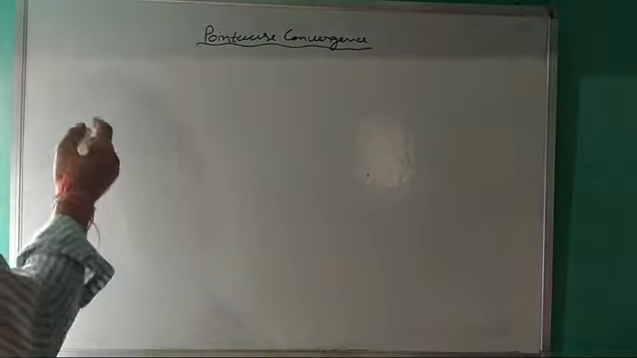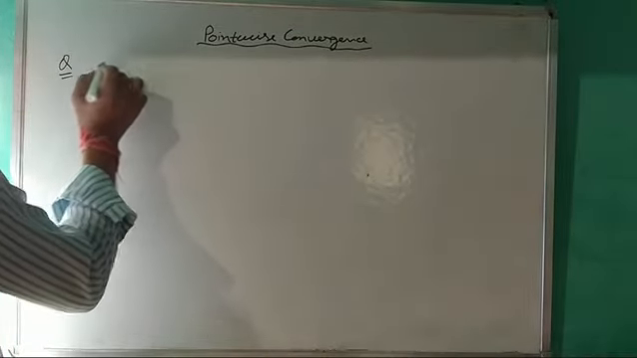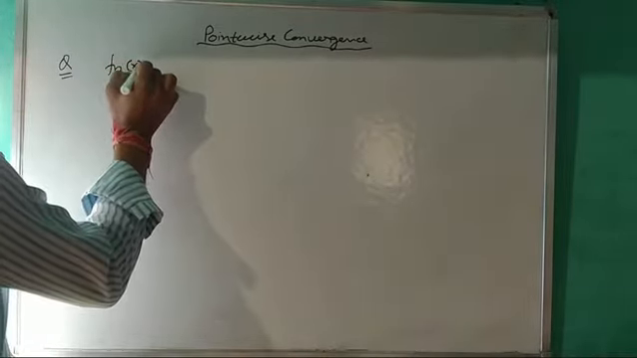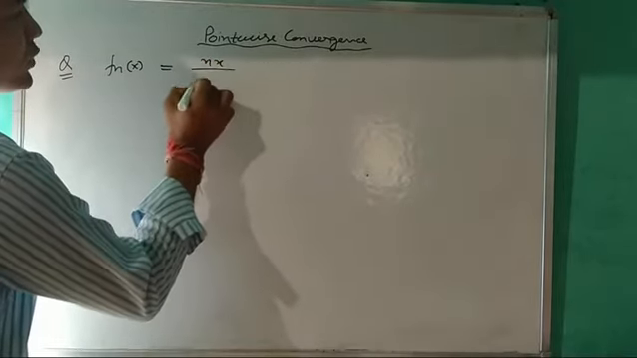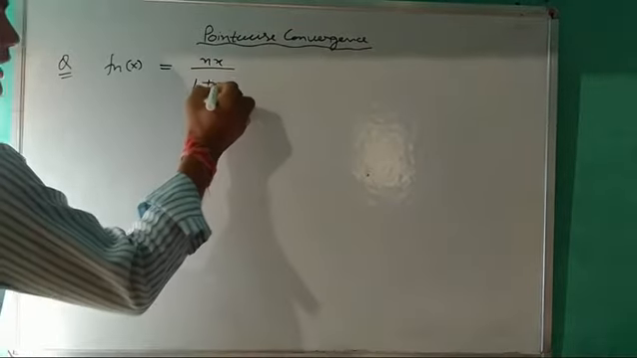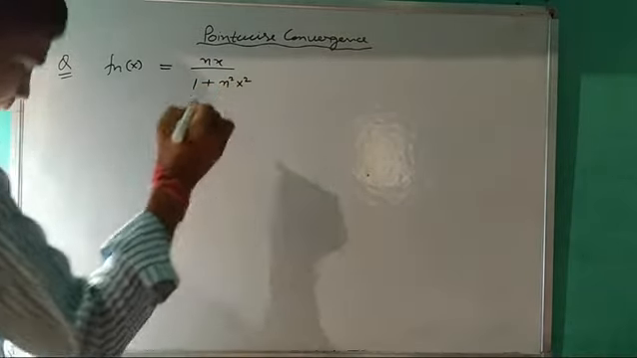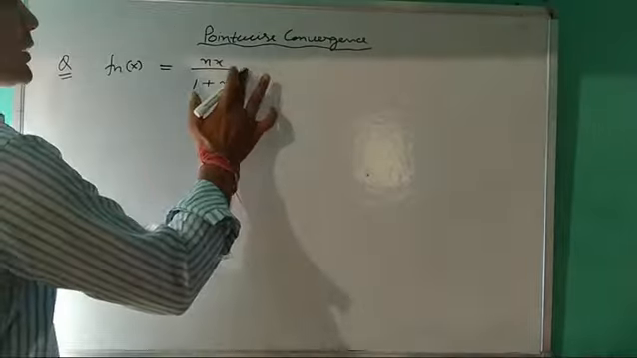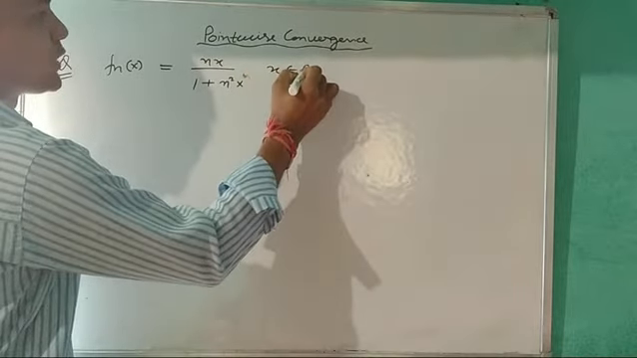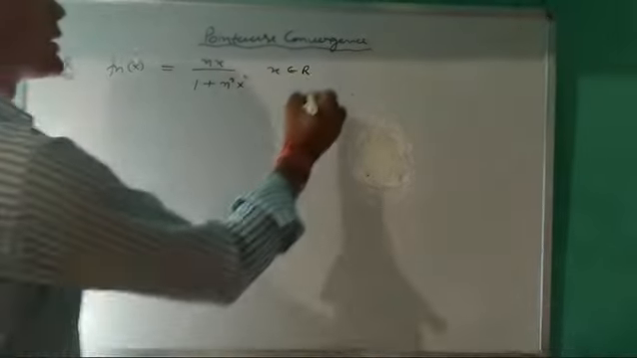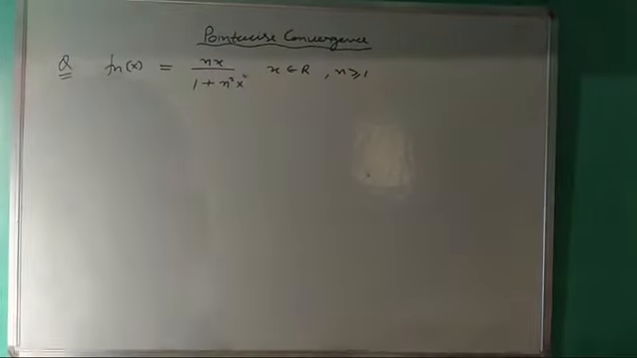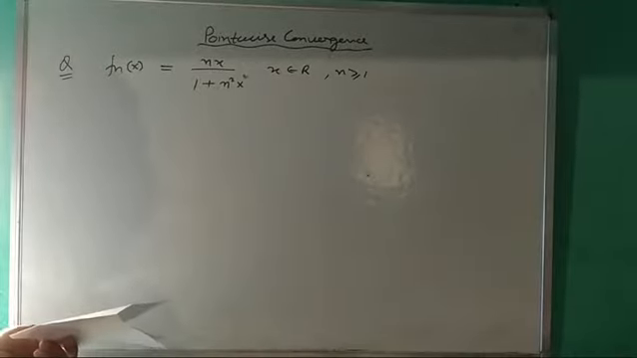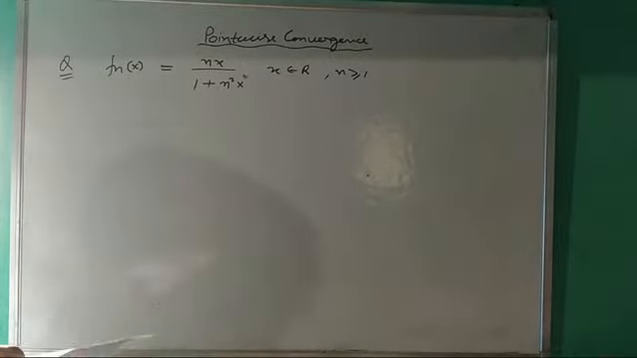For example, the question is f_n(x) equal to nx upon 1 plus n square x square, where x belongs to the real numbers and n is greater than or equal to 1. In this case, for finding the pointwise convergence of this sequence,